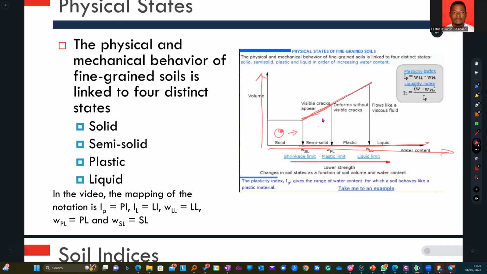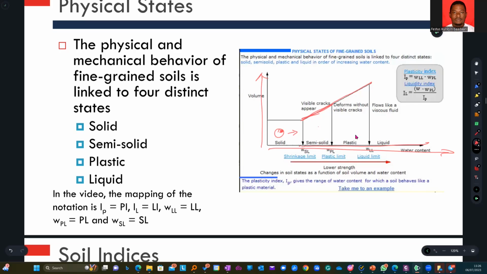And then here, what are some of the features or the things we can easily identify from it? We can easily see visible cracks appearing on the surface of our sample. That is when it is in the solid, semi-solid state. Then we have a state where we call the